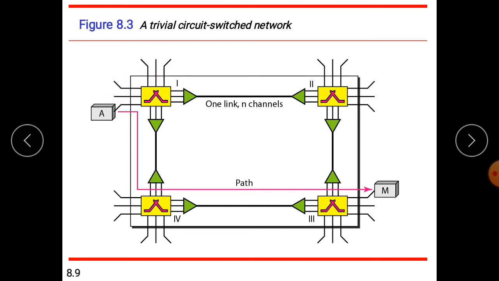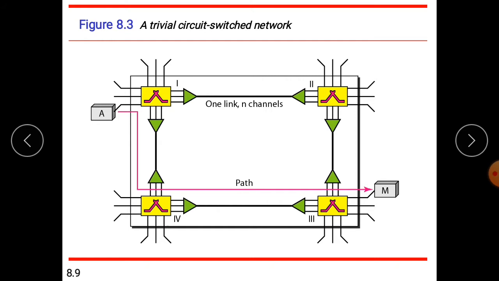When end system A needs to communicate with end system M, system A needs to request a connection to M that must be accepted by all the switches as well as M itself. This is called the setup phase.